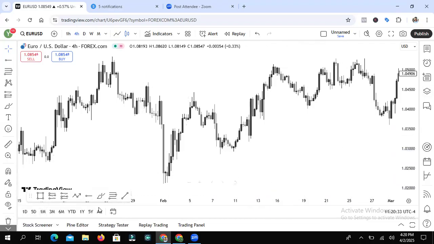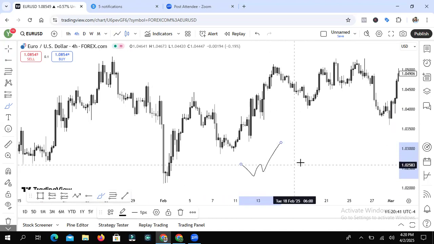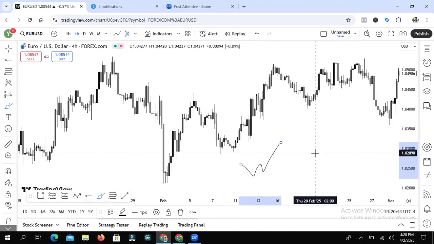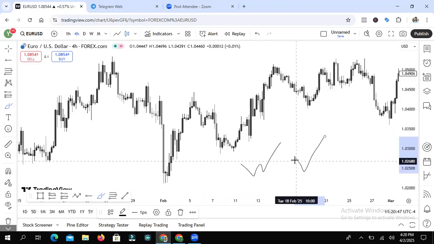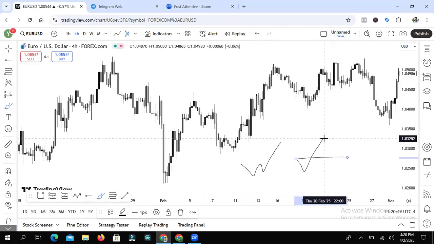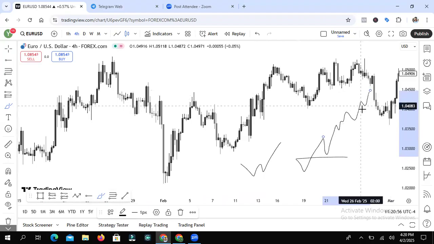So once you have your weekly reject weekly, let's say you have your weekly reject weekly, then daily gave you the sweep and break. Now you want to look for what? Buying opportunities on 1 hour and 4 hours. Like I said, you want to look for your most recent breakout. Most recent breakout on the 4-hour, you expect markets to come back into it, and then you use it to buy.